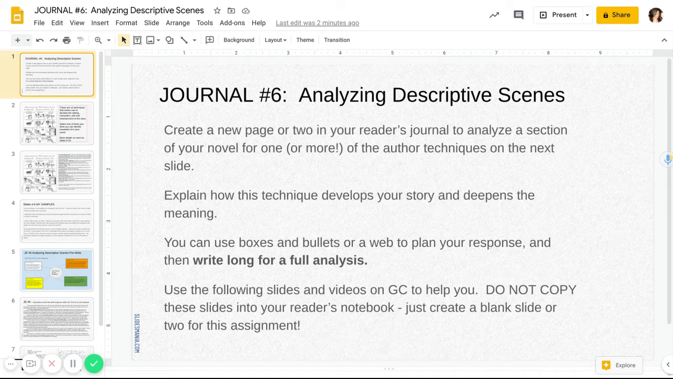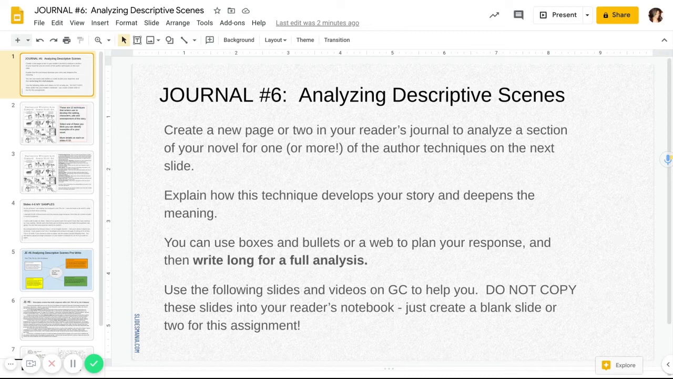Hi, everyone. I wanted to talk to you about Journal Entry 6, Analyzing Descriptive Scenes. For this one, you're not going to copy any of these slides into your digital reader's journal. You're just going to create a couple blank slides in your reader's journal to do this activity once you're ready. These slides are just instruction for you, and I'm going to go over all of that right now in this